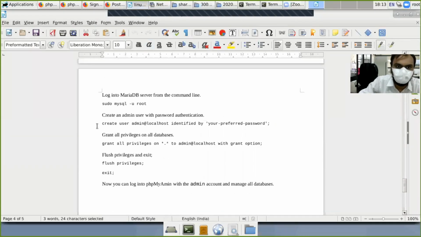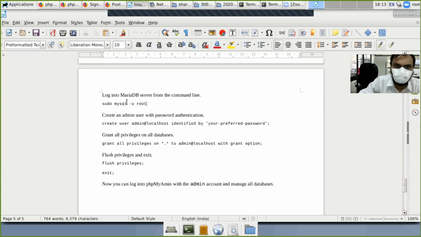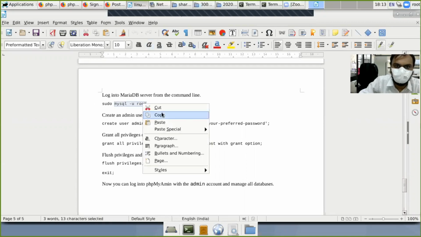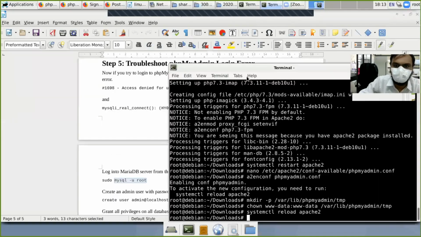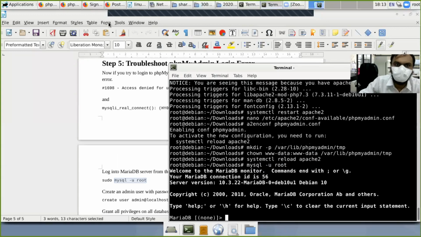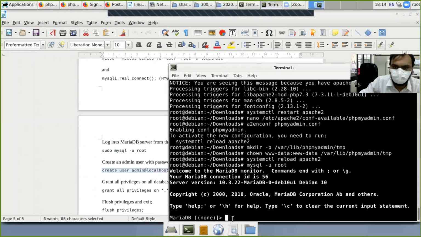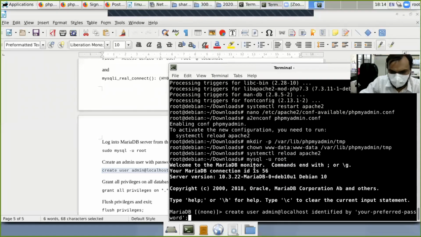So you have to go to the command line, mysql -u root, and make another user like admin who can access this instead of root. After making admin, you can set your root password again. So copy this, paste it, and use your password here.